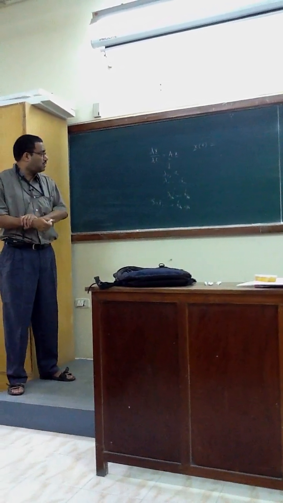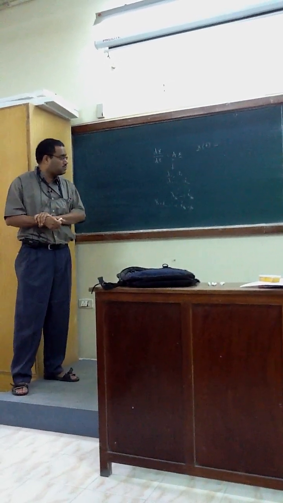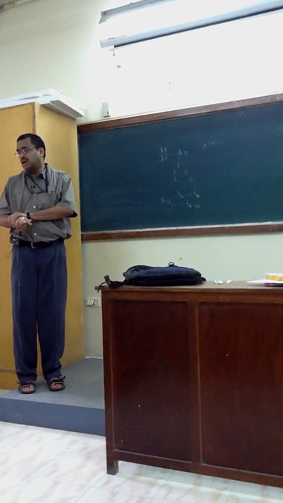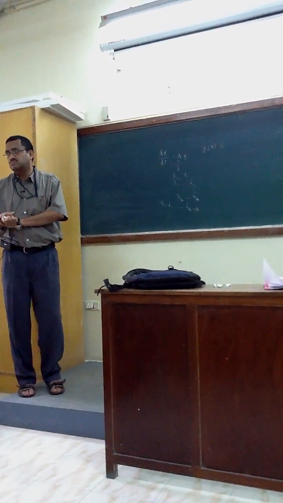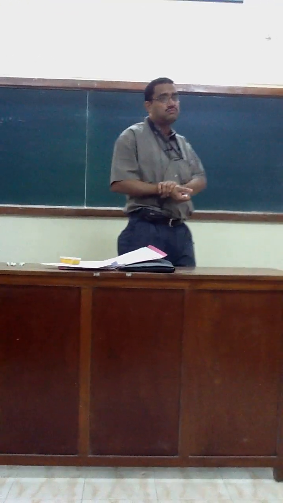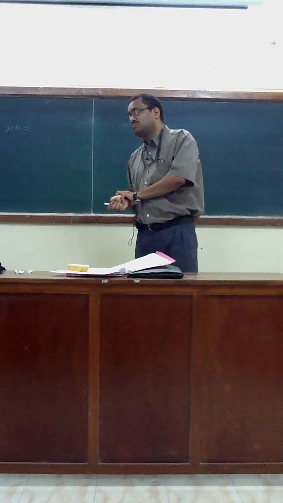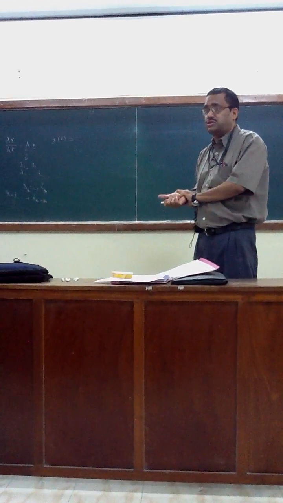Lambda 1 is repeated l1 times, lambda 2 is repeated l2 times, and lambda n is repeated ln times. And if the matrix is non-symmetric, of course, generalized eigenvectors will be there. I didn't say that the matrix is non-symmetric. How to get generalized eigenvectors? How to get the x solution?